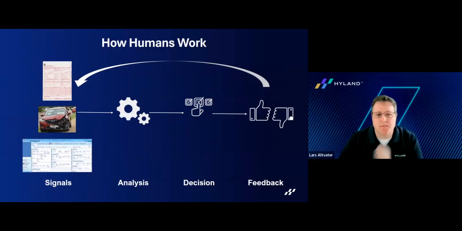Before we dive into how agents work, let's back up a little bit and talk about how people actually work, how they process their work, right? All of us, we're looking for signals, right? Our calendars, photos that we see, documents that we see that are in our inbox, in our queue. We read them, so we basically analyze them, we respond with actions, we do something with them, and then we look for feedback. Did it work? Did it work out? Is my manager happy with me? Whatever it is. We do this hundreds, even thousands of times a day. If you take minor choices and micro decisions into account, I think the count is like 36,000 decisions per day.